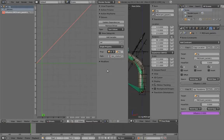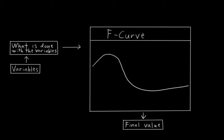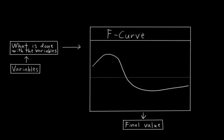Remember, in the drivers panel, there are two parts, the variables and what is done with those variables. Well, there is also a third part, which is the F-curves editor. The value produced by the what is done with variables part is further processed by an F-curve. If there is no F-curve associated with the driver, it will just use the value directly, but if there is an F-curve, it will find the horizontal position that corresponds with the value,